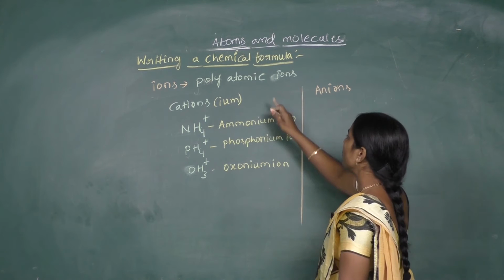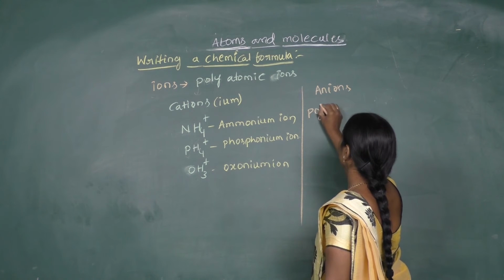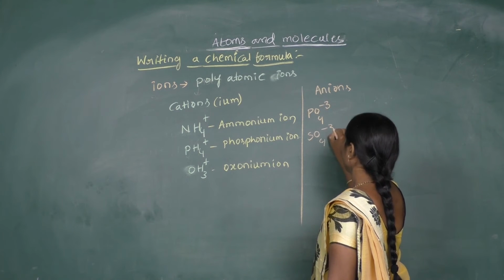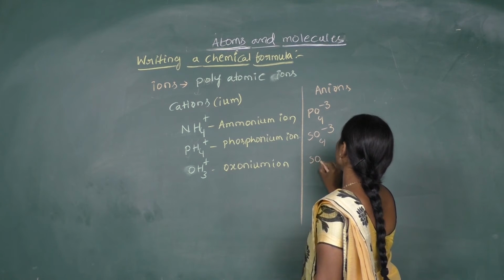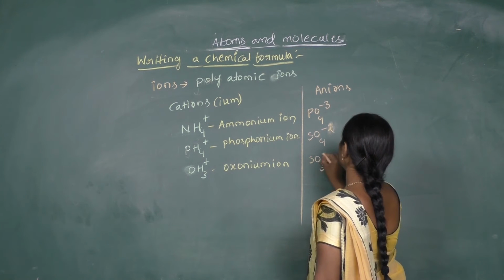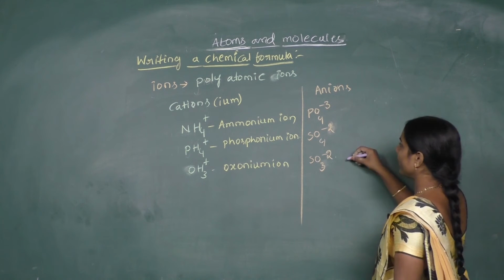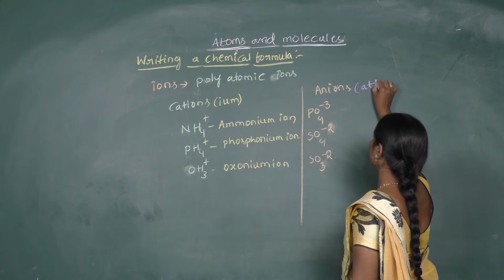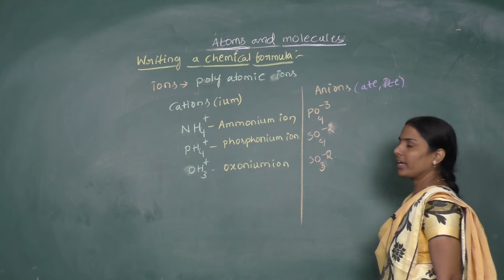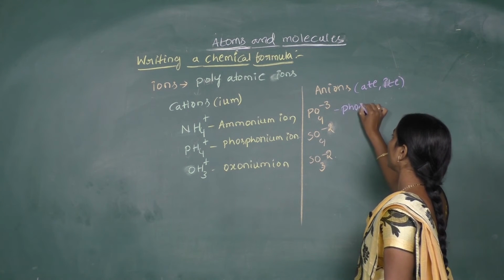So when we are writing polyatomic anions, the examples are PO4 minus 3, or similarly SO4 minus 3, and SO3 minus 2, like this. And the common ending we will get for these is ATE or ITE. Now, we call this the phosphate ion,